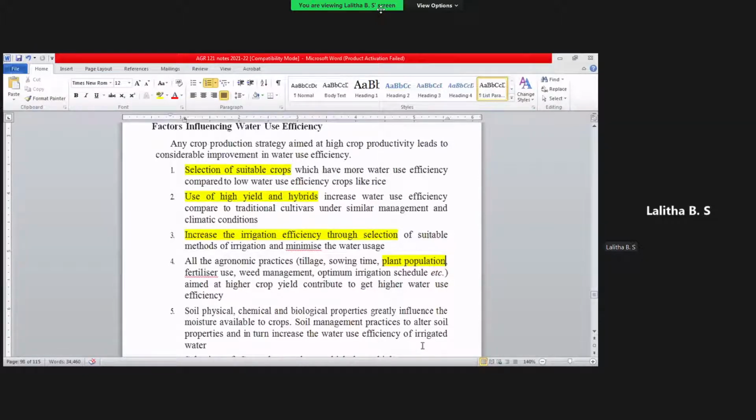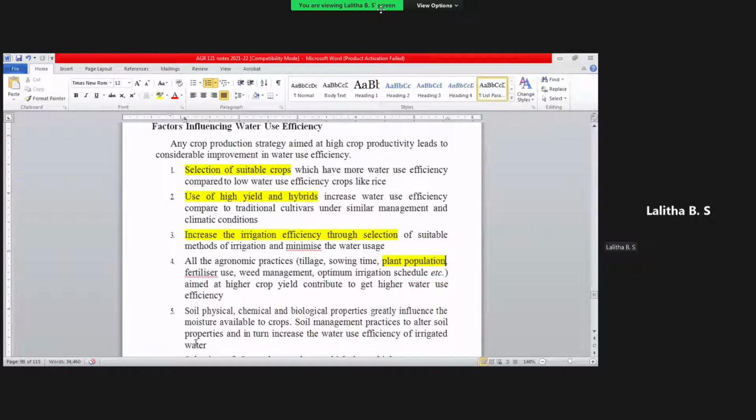Why? Competition for nutrients, fertilizer, even solar radiation increases, and automatically the yield is going to decrease. It is like in a family: if one son or one daughter is there, he or she will be very good, or two is the same. The parents' income never changes. If they have to share with 3, 4 or 5 kids, compared with 1 or 2, the facilities they get are going to reduce. Like that, if you increase the population, the availability of nutrients, moisture, even sunlight is going to reduce.